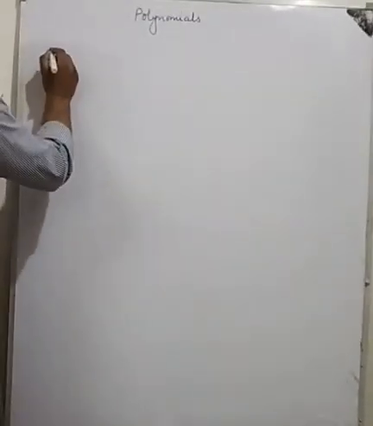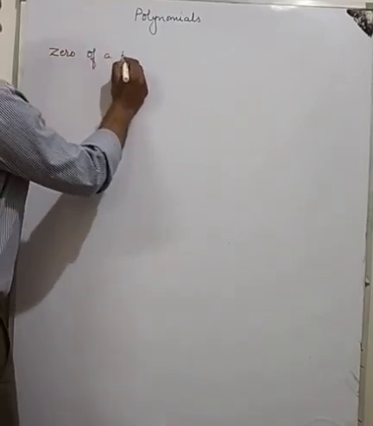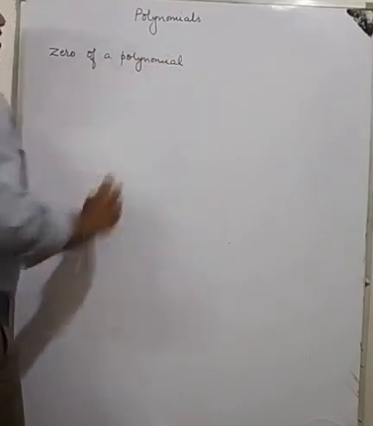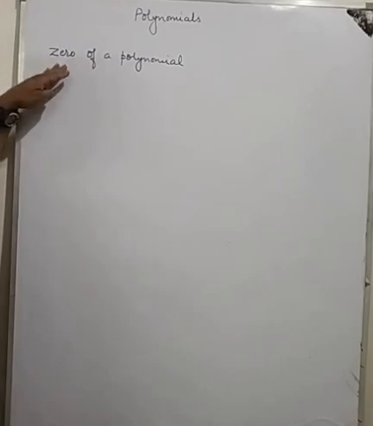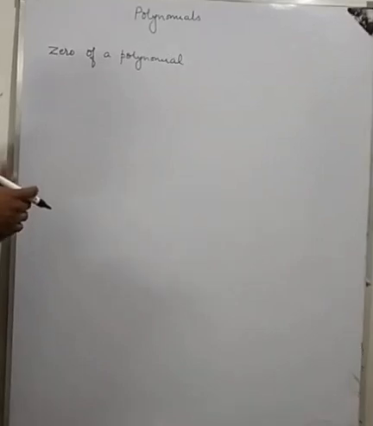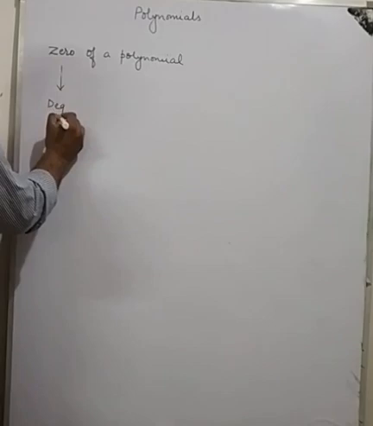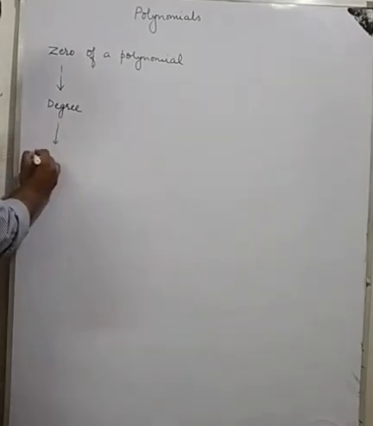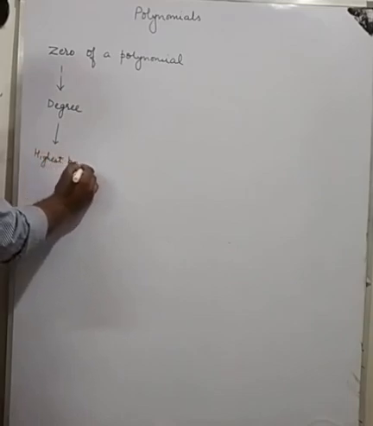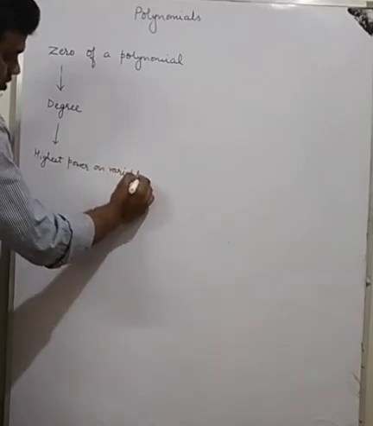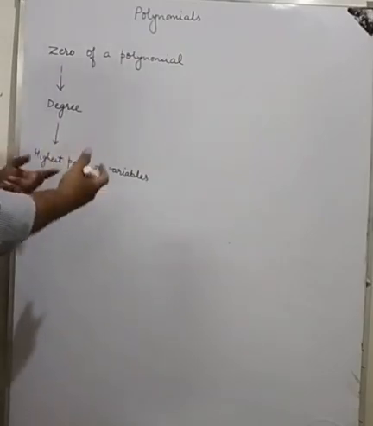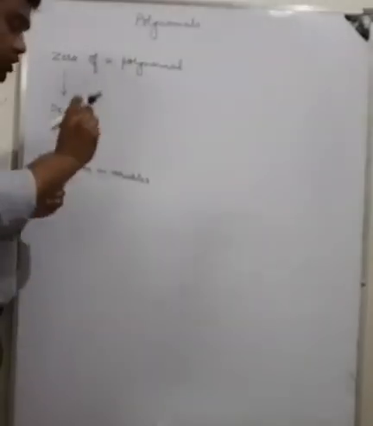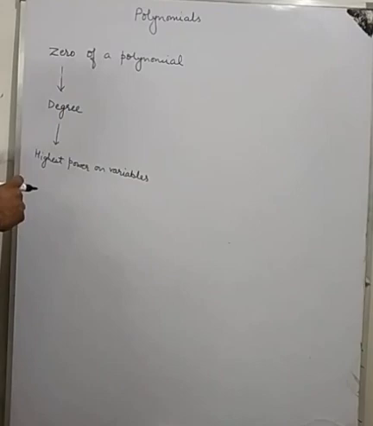Now, what is zero of a polynomial? This zero of a polynomial depends on the degree of the polynomial. Now, what is this degree? This degree is the highest power on variables. That is x, y, z, p, t, s, q, a, any alphabets between A to Z is called the variable. Now, the highest power on the variable is called the degree, and the degree is directly related to the zero